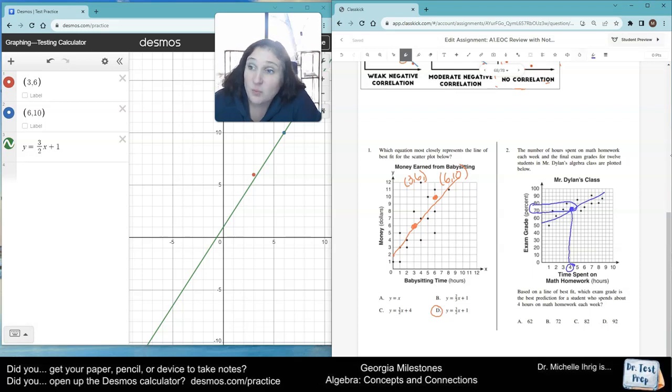So let's see. Here's 62. So that would be right here. Here's 72, which is what I thought it was. Here's 82, and here's 92. Based on my guess of the line of best fit, the one that makes the most sense is probably going to